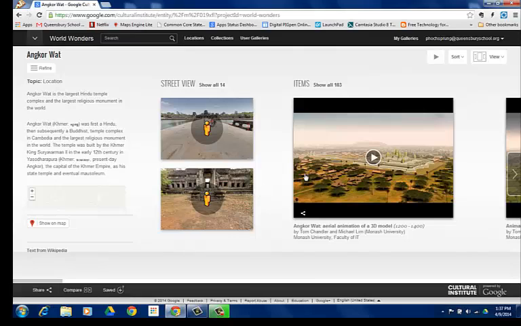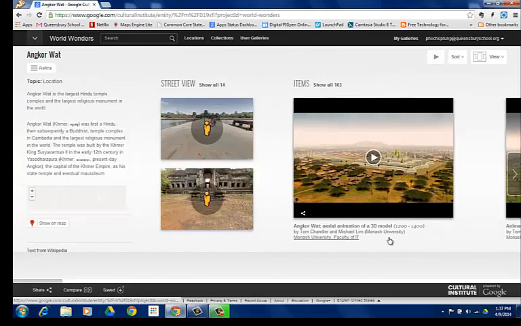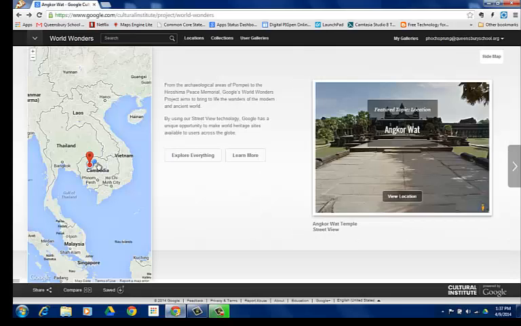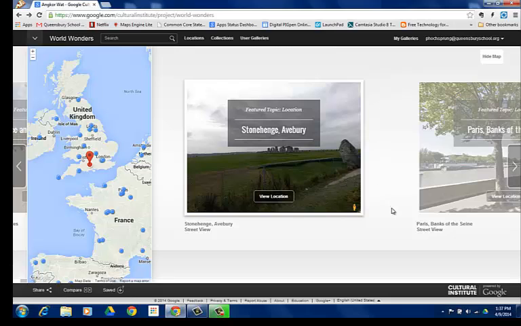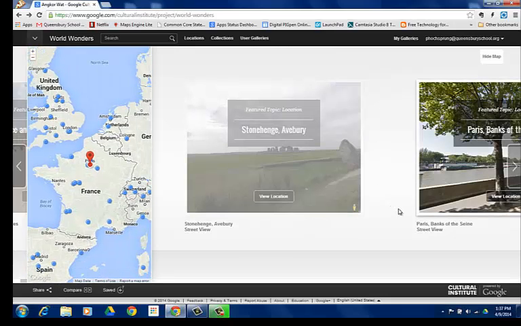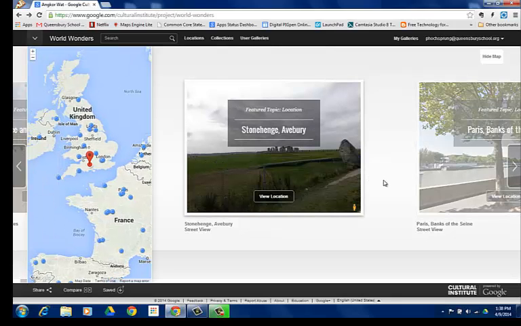With Angkor Wat, you can see it through Street View, or you can come across and actually look at some different video clips or images that have been taken and compiled in this collection. It's a really powerful tool. Some of the lesser known markers you can click on will take you to other places related to that topic, but they might not have as much media. But as I scroll through, they have some pretty good maps and a pretty good selection of places that you might want to go. If you're not sure where, you can always come up here and search for it. But we'll take a look in a little bit more detail later on. And we're going to head back to the